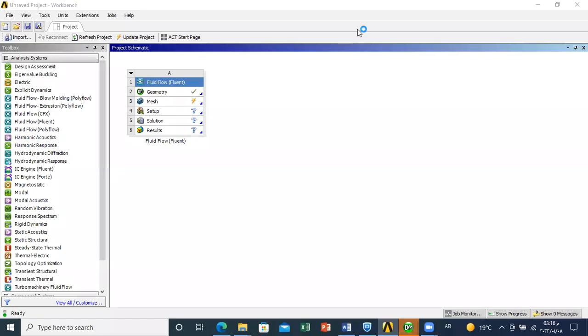Once we are done with the geometry part, we can move now to the mesh. In this step, we will divide the domain into small control volumes, and we will play with the quality of the mesh if you want. So we can increase the number of elements or decrease it, test the number of elements required to give good